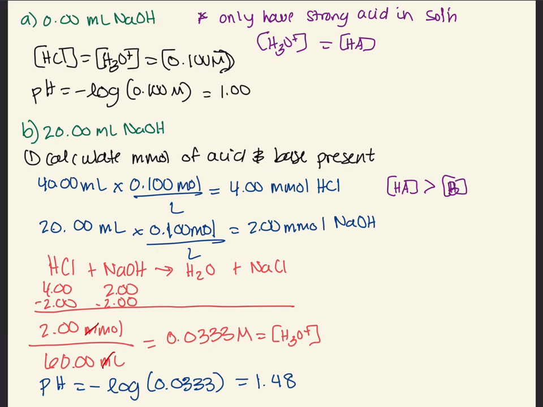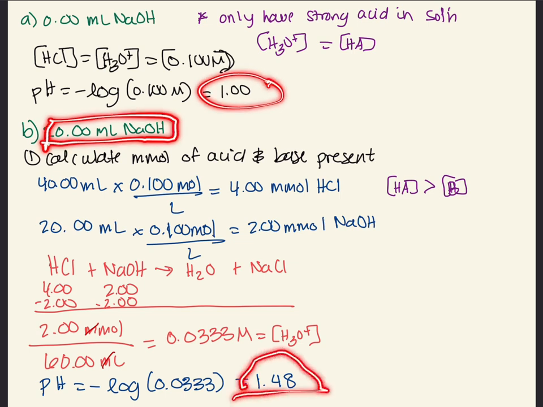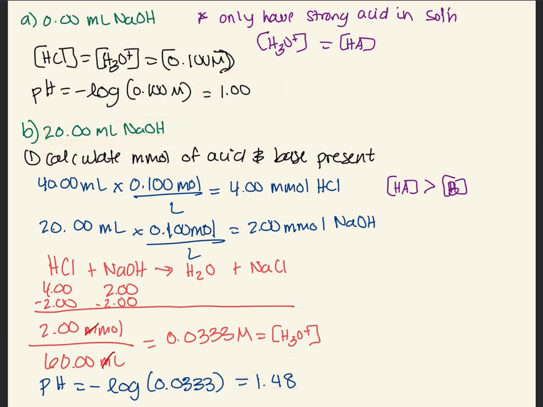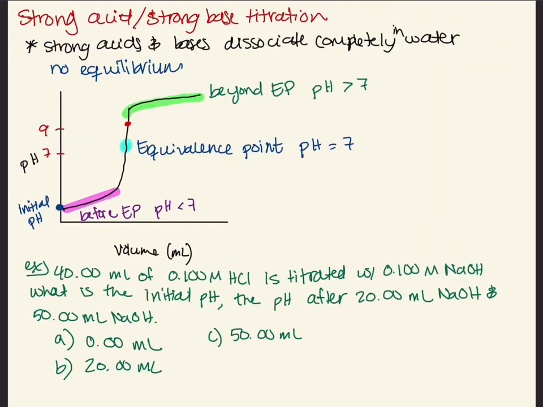When we had our initial pH, we started off at a pH of 1. Now, in part 2, I added base. So if I'm adding base, I should see an increase in pH, and I did because it went up to 1.48. Now, I'm going to actually add